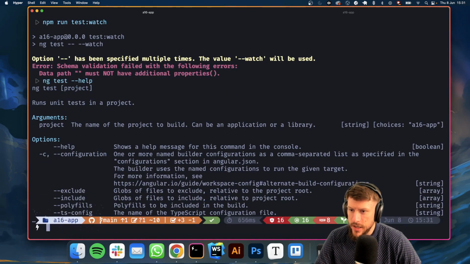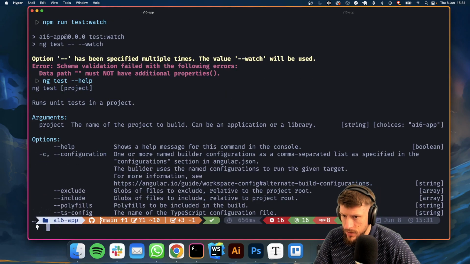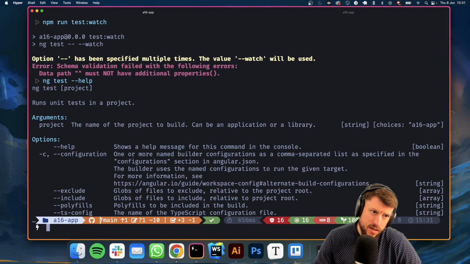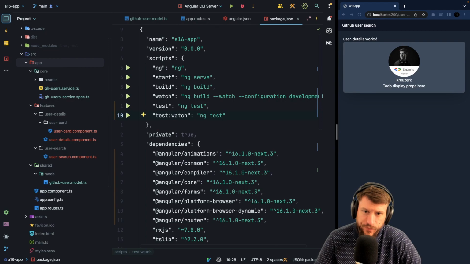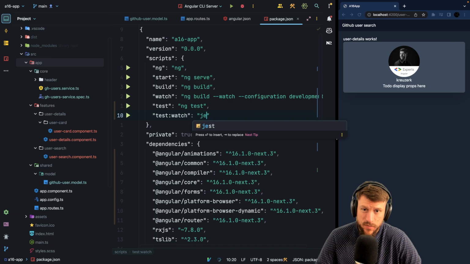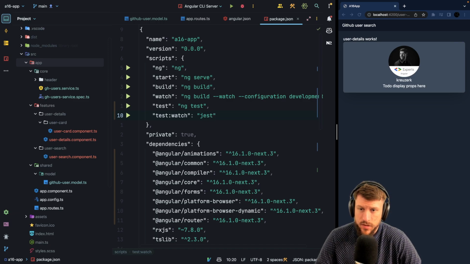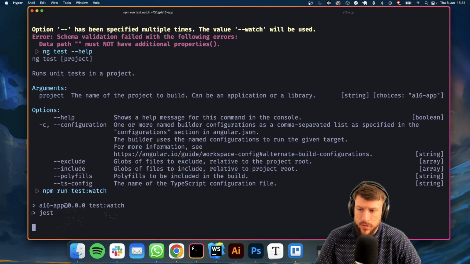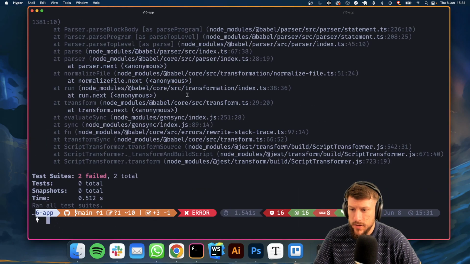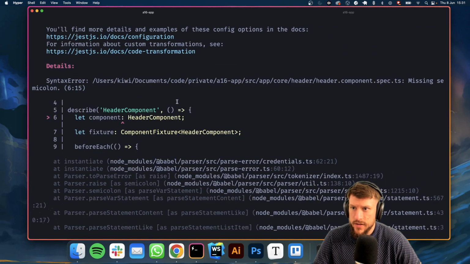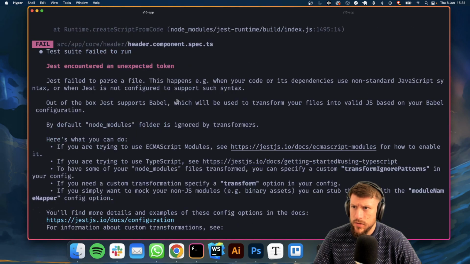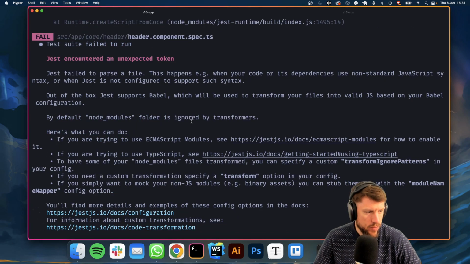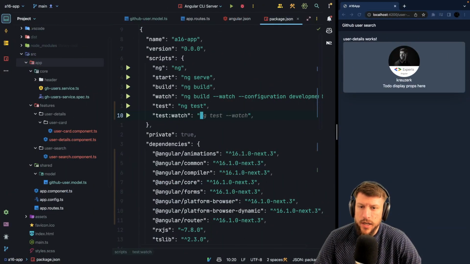So what I want to do, usually I also have a... So we have Jest running. Can I also do here just Jest? Does this work? 2 failed. So like this it fails. So I'm not sure. Okay, missing semicolon. Yeah, so this is not transformed then. So I'm not sure how can I say to basically